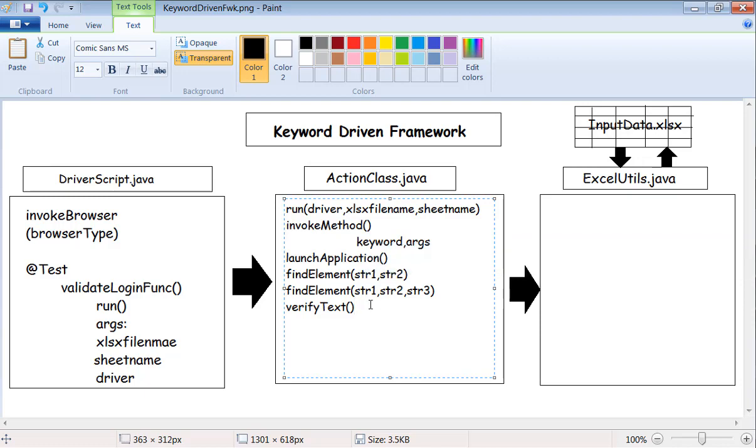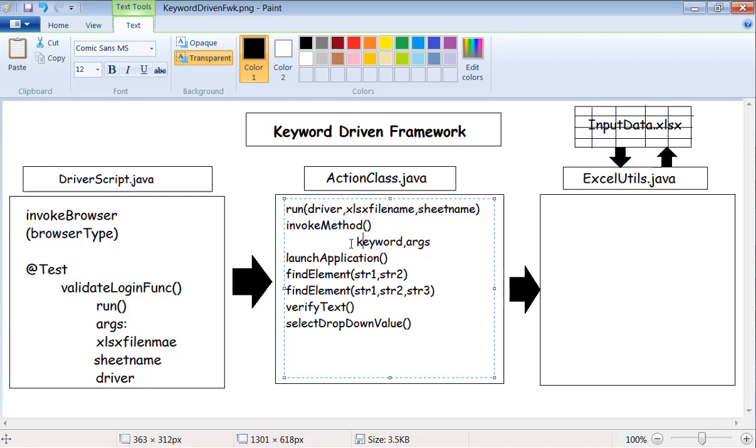And also let me look into this. I think more or less this is the information which is available in the action class. If you want to add, we can add some more functions in the action class accordingly. Suppose for example, if you wanted to select a value from the drop down, you can write it as select drop down value. So we can keep on adding the functions. These are all reusable functions, but this keyword, this is a keyword which I maintained in the Excel. You cannot change it to lowercase or uppercase. You have to copy the same method name into the Excel as a keyword.